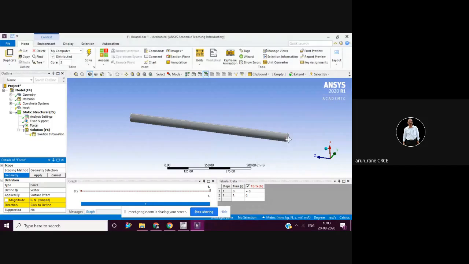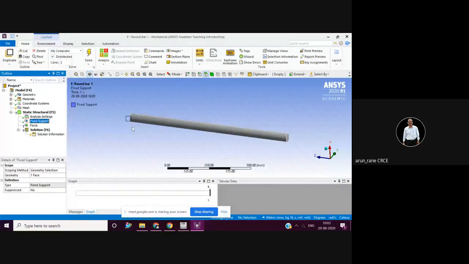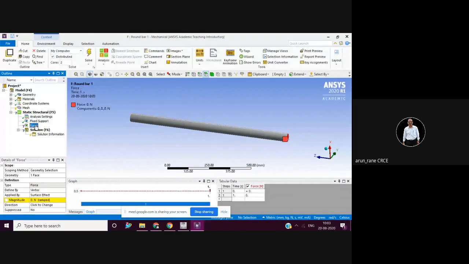Then select this face, that is in geometry selection. Yes, that face has been selected. So say apply. Now you can check here. So support, yes, it is there. Then force, yes, it is there.